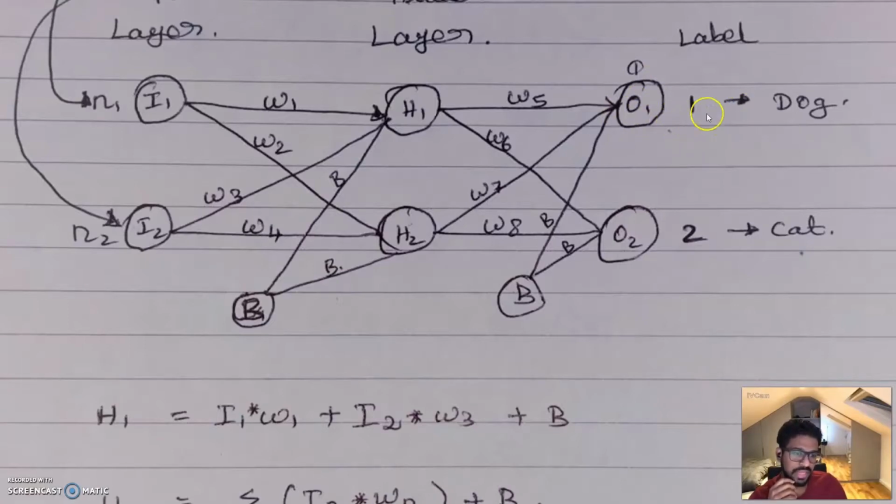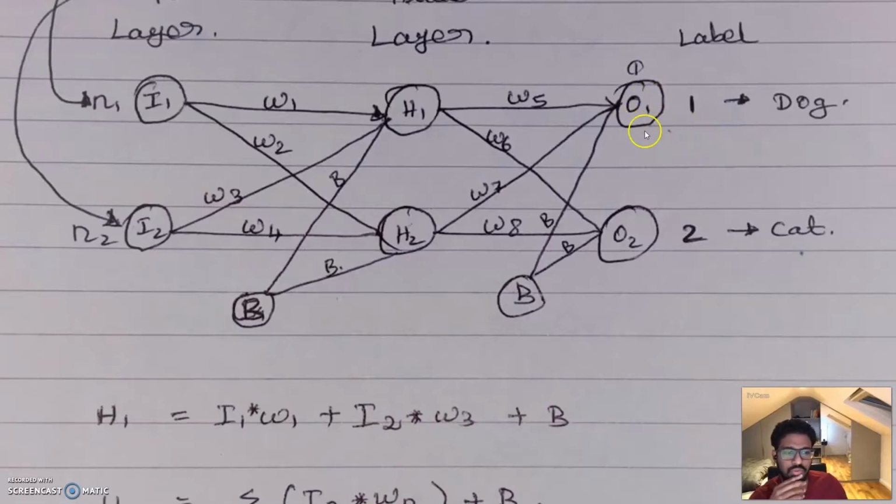Since we kept the label dog as 1, and we mapped the 1 to this neuron, in case it contains a dog, then this neuron has to trigger and have a value nearly just above 0.9. Since that's the maximum probability, let's, for the sake of simplicity, keep it like